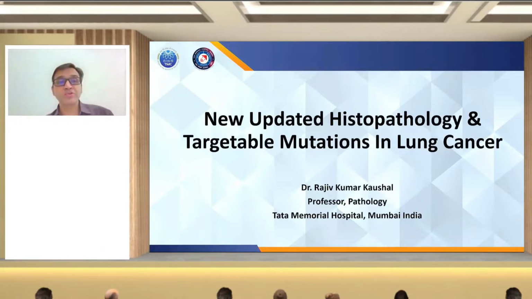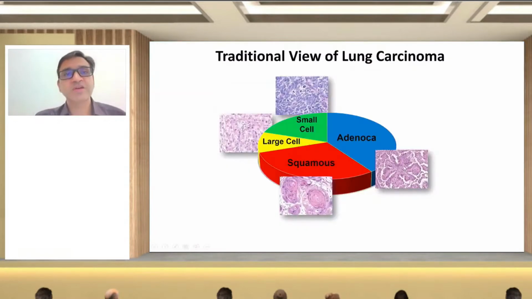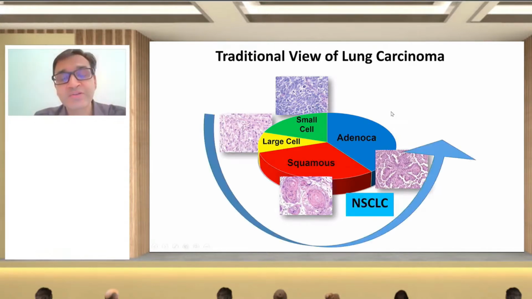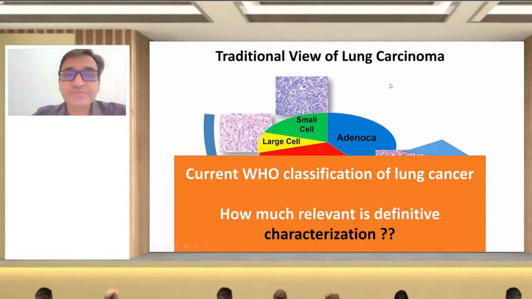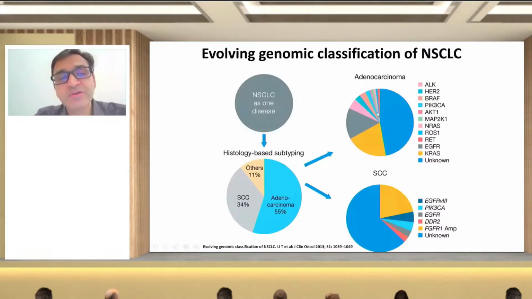So I'm going to talk about the new updated histology and targeted mutation in lung cancer. As we all know, we have moved a long way ahead from the traditional view of lung cancer, where it was just a non-small cell carcinoma and small cell carcinoma. Now the definite histological characterization of lung cancer is mandatory, and that is not restricted only to the histological classification, but with the evolving genomic classification, the further molecular subtyping of non-small cell carcinoma is also very